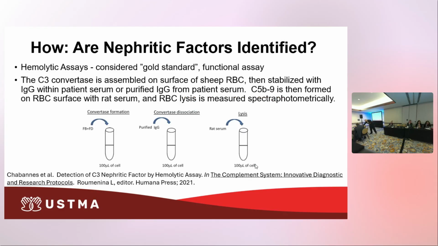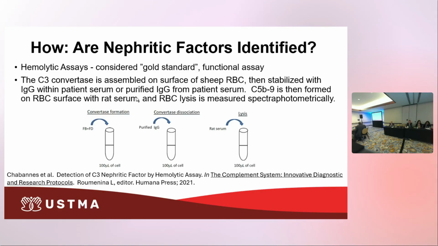So perhaps the gold standard, the original method of measuring nephritic factor as a laboratory diagnostic test is the hemolytic assay. It's largely considered a gold standard. It's a functional assay, and the way this assay is done is by assembling the C3 convertase on the surface of a sheep red blood cell, and that convertase is ultimately stabilized with IgG either within a patient's serum sample